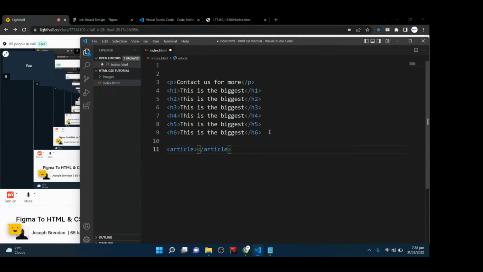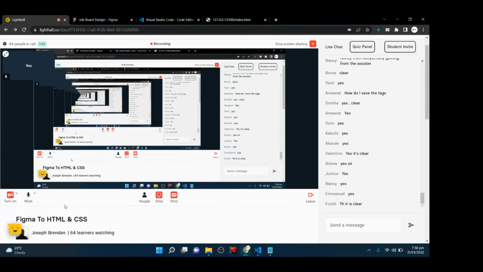Just type in article and close the tag. Then you can write your article. Now, I know everyone here is familiar with lorem ipsum, yeah? Like lorem ipsum in design. Now, lorem ipsum still exists in